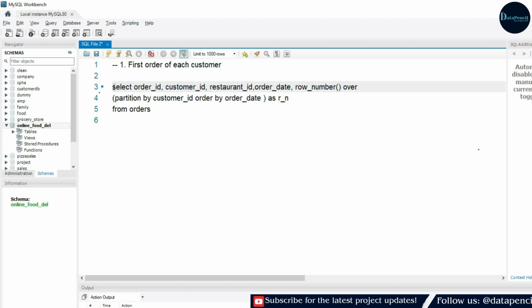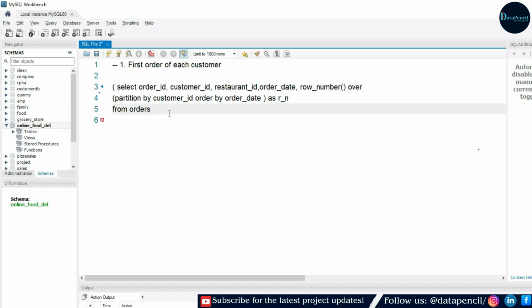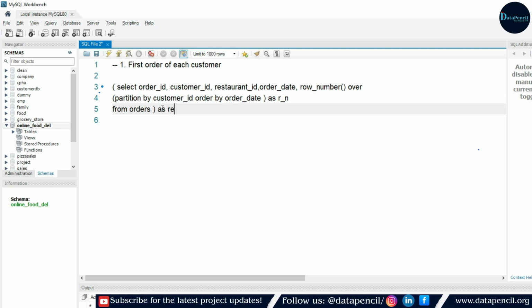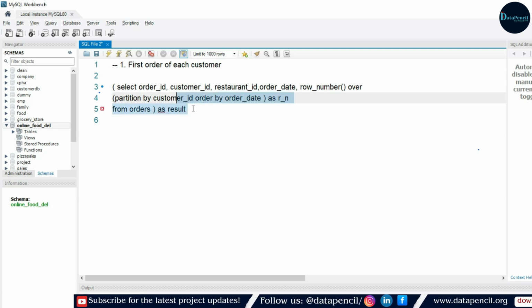To convert it into a subquery, we have to put the parenthesis. Here also put the parenthesis and give this whole table a name, because now this is working as a table, right? We have selected the columns, and we have mentioned our reference table as well. So now we can consider it as a separate table, and there is a need to give a name to this table. So I am giving the name as result. Fine. Okay, so this is a subquery.